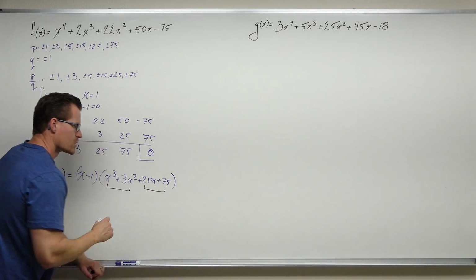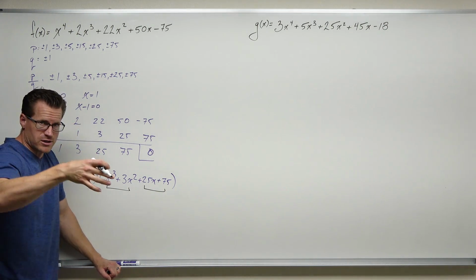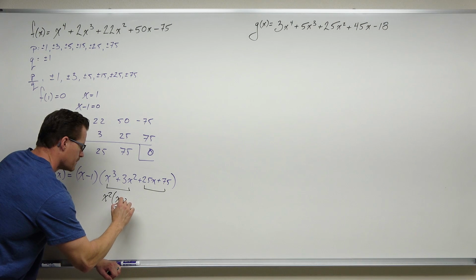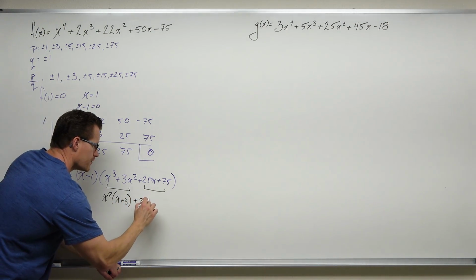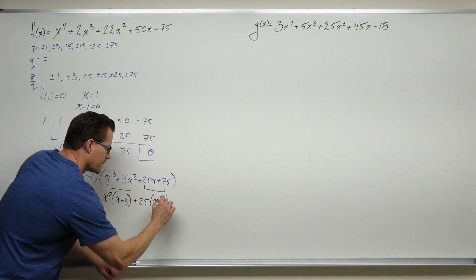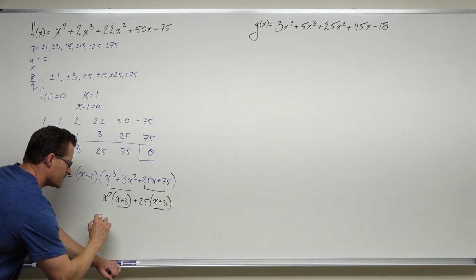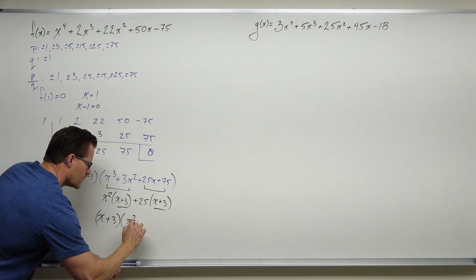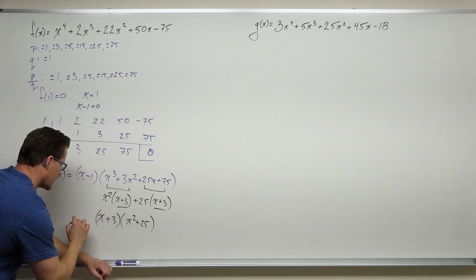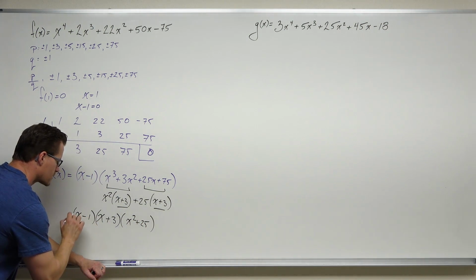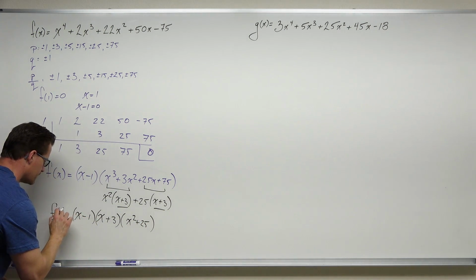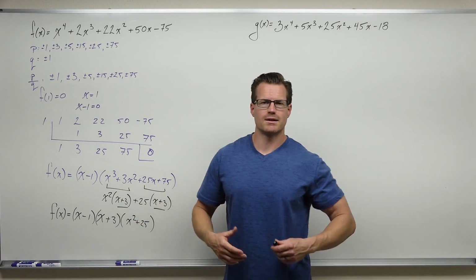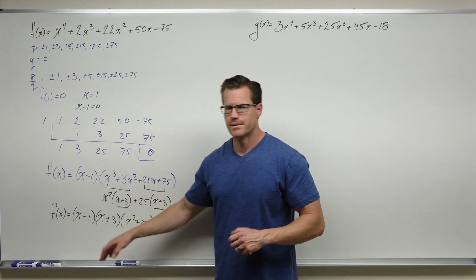So when we look at 4 terms, in our head we should be thinking, let's factor by grouping if we can. Let's factor out an x squared. Let's factor out a 25. Hey, that's perfect. That means that we have another factor of x plus 3 and then x squared plus 25. We already know that we have a factor of x minus 1. This is factored over the real number system. This is completely factored. We have a linear, done,